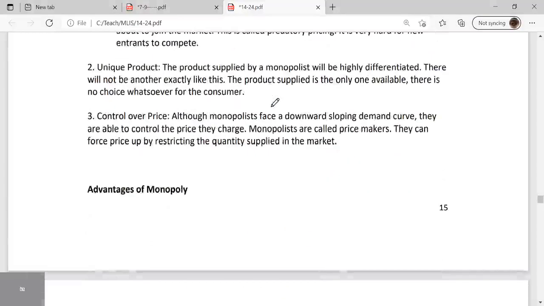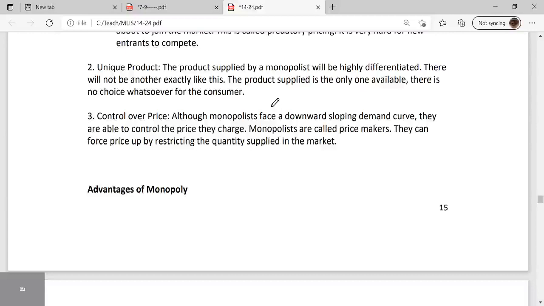Then, new unique product: monopolists try to make their product unique, so that the other firms in the market will find it difficult to copy. Then there is control over price. It's difficult to control price in a competitive market, but in a monopoly market, the dominant firm actually determines the price. So for other firms, it is very difficult to survive in